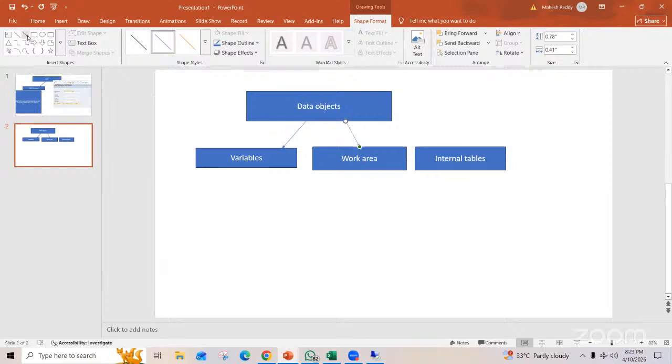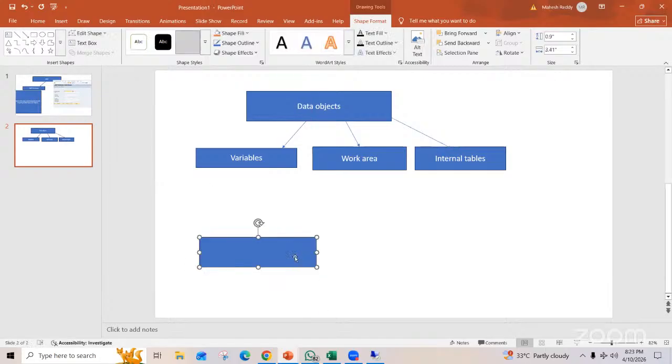This is the programming point of view, this is the core. Next, database statements.